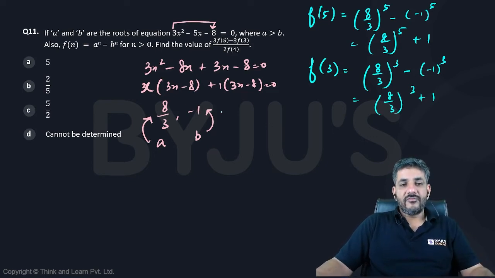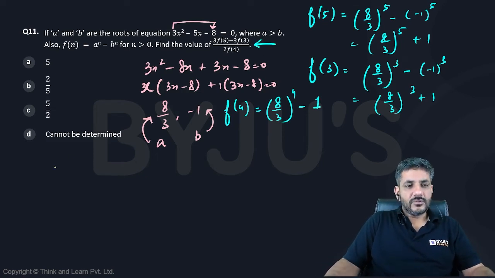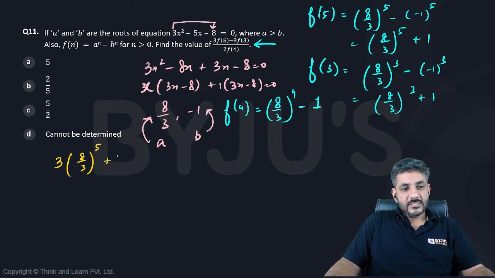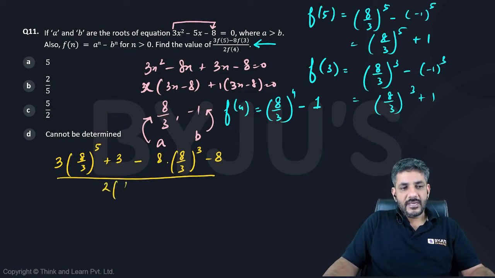And finally, I need f of 4 as well. So what is f of 4? F of 4 is (8 by 3)⁴ minus (−1)⁴, which is actually plus 1. Let's put all of them into this equation and try to solve it. So 3 times f of 5, that is 3 times (8 by 3)⁵ plus 1, so that is plus 3. Minus 8 times f of 3, that is 8 times (8 by 3)³ plus 1, that is minus 8, because outside we have a minus sign, divided by 2 times f of 4, that is 2 times (8 by 3)⁴